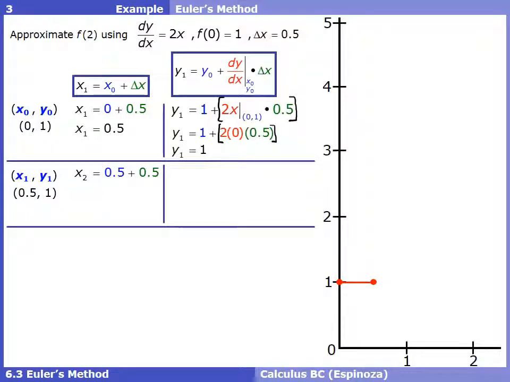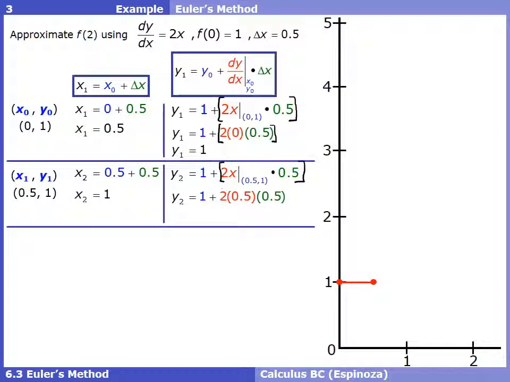Okay, so to find the new x value, x2, I'm going to take the old x value, which is 0.5, and add to it the step, which is 0.5. 0.5 plus 0.5 is 1. To find our new y value, again, we take the old y value, not from the step before, but from the step we're on. So our old y value is 1 here. And then we're going to add to that the derivative evaluated at our point (0.5, 1), times the step size of 0.5,